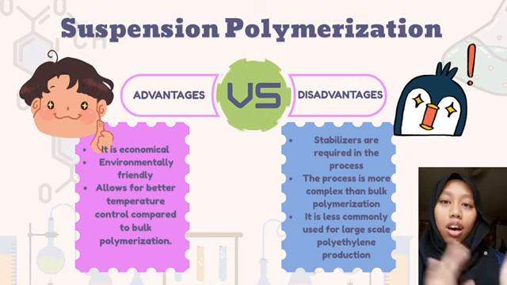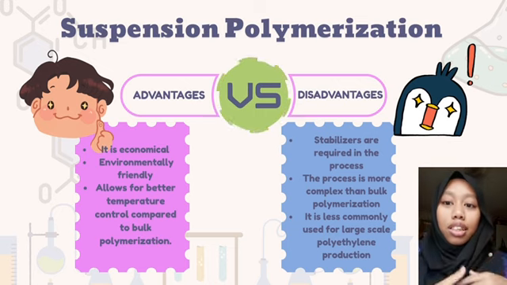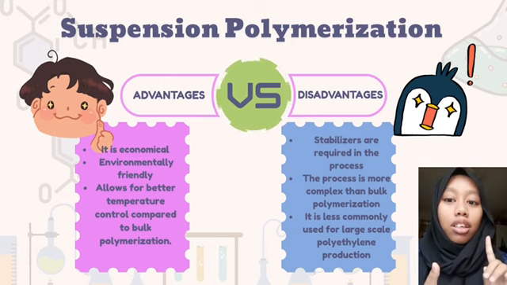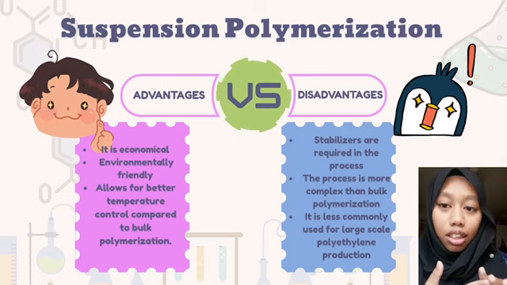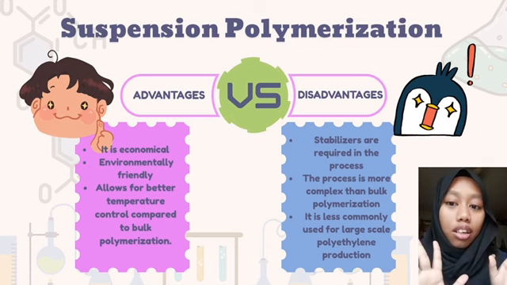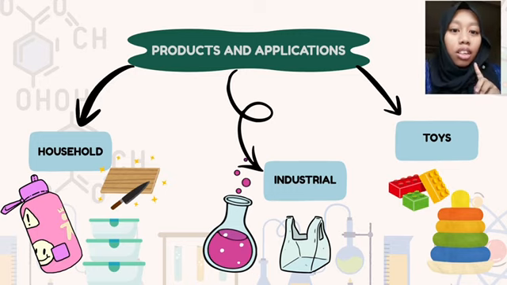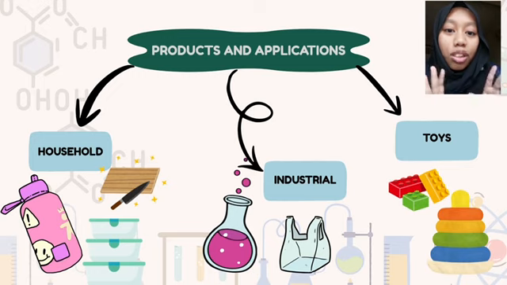However, the disadvantages are that stabilizers are required in the process. The process is more complex than bulk polymerization. Lastly, it is less commonly used for large-scale polyethylene production. For product and application, polyethylene produced by suspension polymerization is commonly used in household applications, especially in the kitchen. For example, plastic bottles, food containers, and it's also used in more products such as toys, trays, as well as laboratory plastics